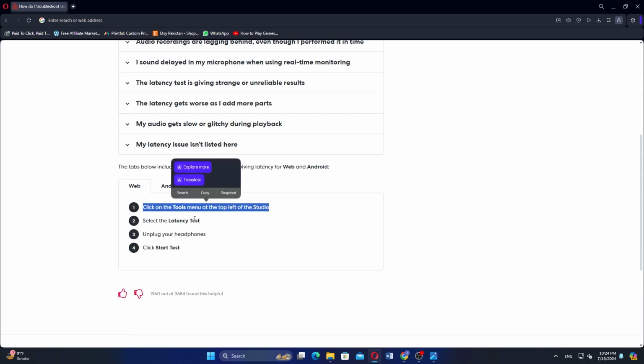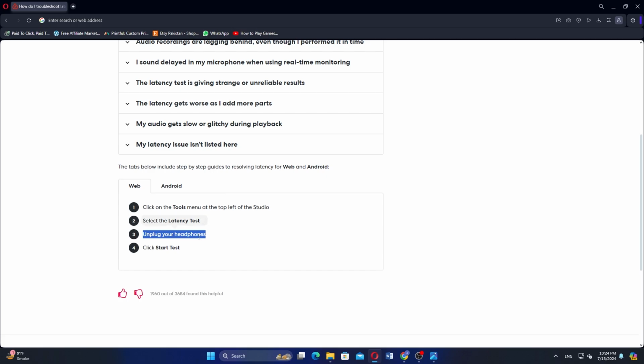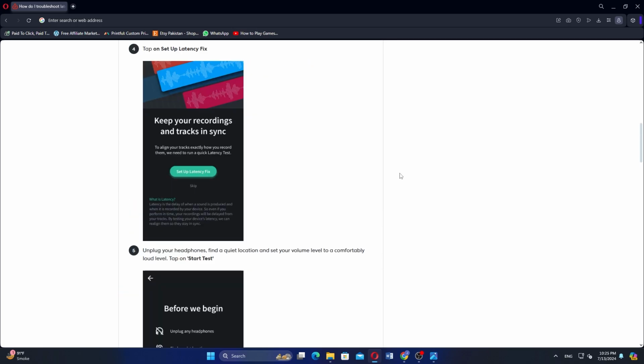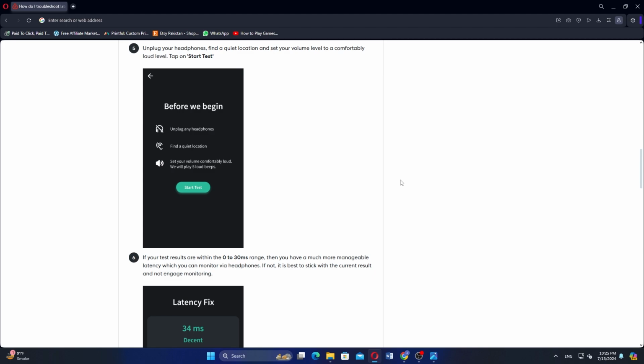Select the latency test. Unplug your headphones and click Start Test. Unplug your headphones, find a quiet location, and set your volume level to a comfortably loud level. Tap on Start Test. If your test results are within the 0 to 30 ms range, then you have a